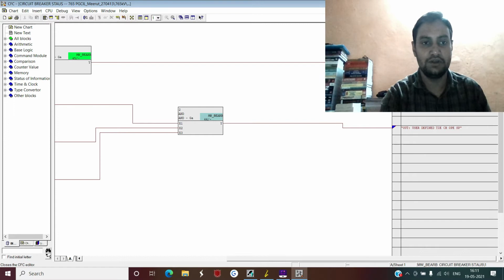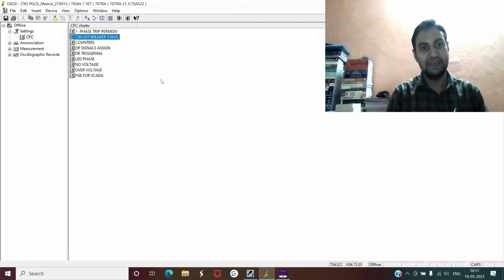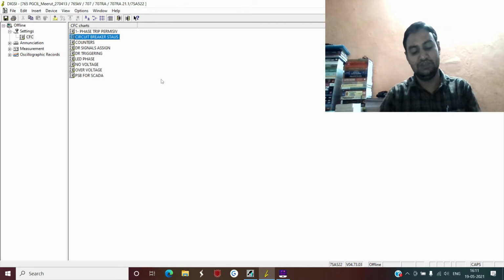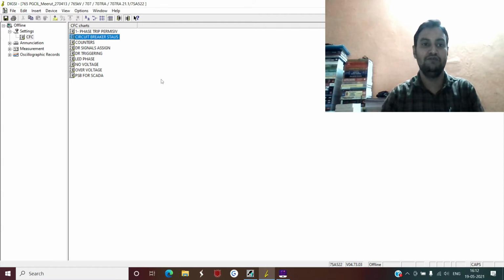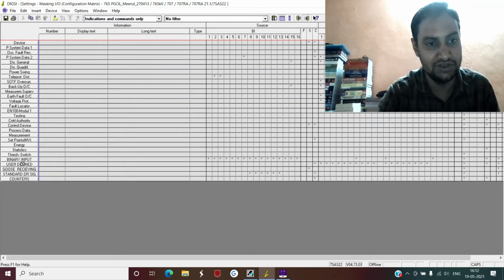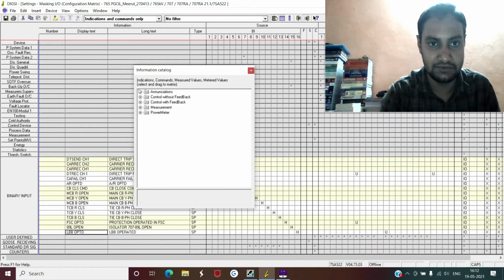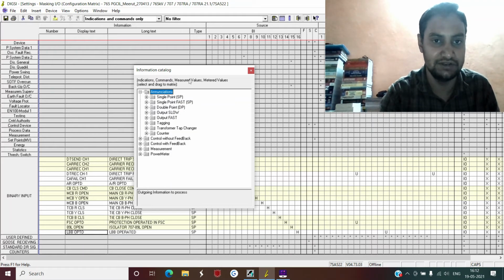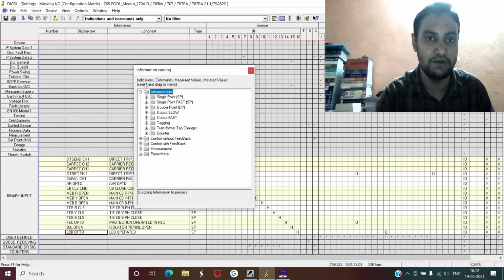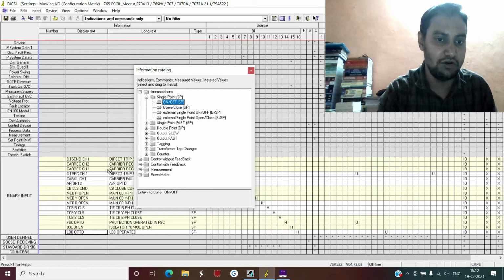So now, before discussing each and every logic over here, it is of no use, because we can create one of the CFC logic for our demo purpose, and by creating that CFC logic we will understand each and every step in detail. So suppose you want to create any logic for this demo purpose, simply add a signal, like I already explained in the last session how to add this signal. I right click there, and on right clicking a new window opens, and in this new window, in the information catalog, I have selected the annunciation, inside this single point, and now simply drag this on/off SP signal.